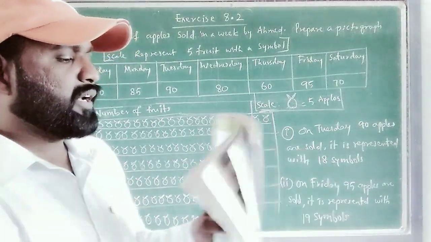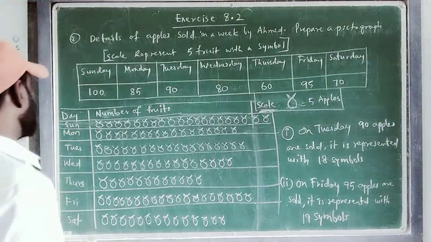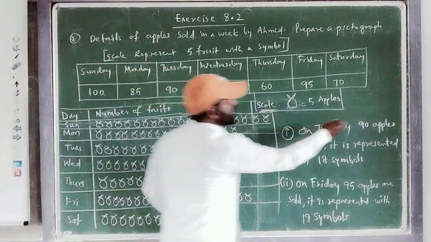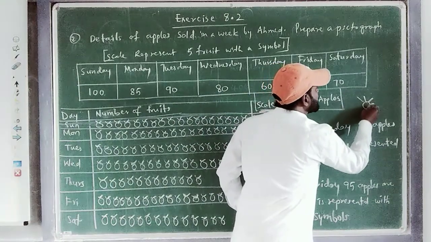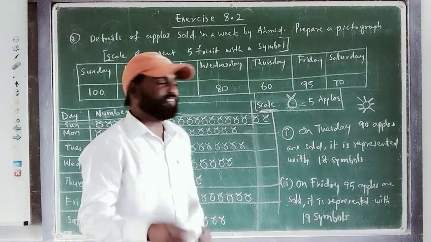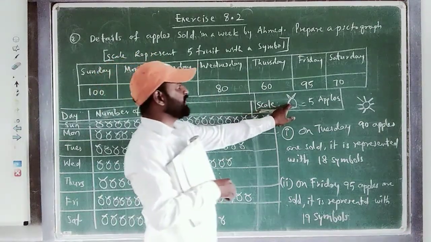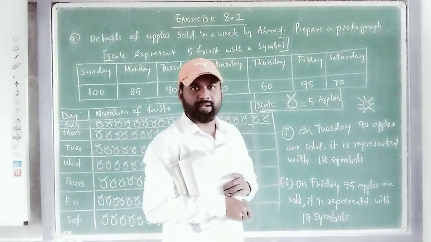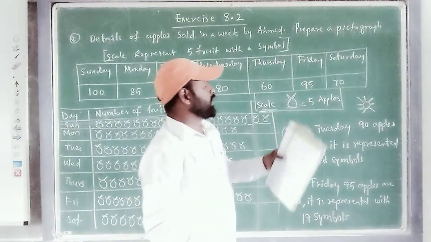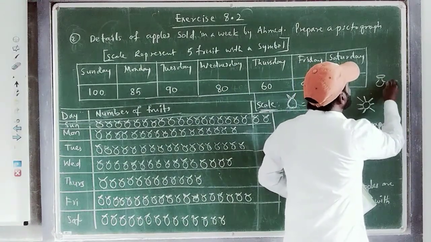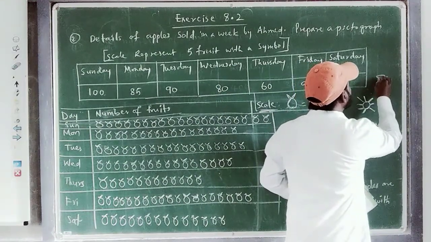So now, after drawing the pictures like this, here you write sun. So draw the sun picture. Sun you can draw like this. So each figure is equal to 50. Scale you write. Each figure is equal to 50 votes, you write. Okay. After that, pot. Pot you can show like this. So this is pot.